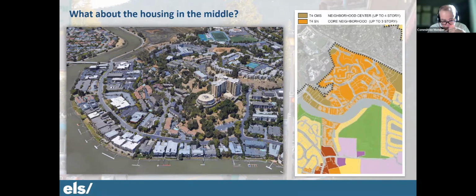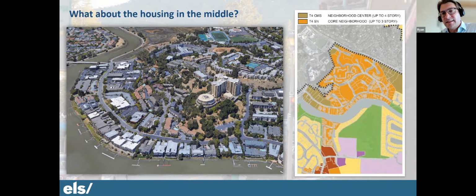I think that's true. And then the next part of it is the T4 CMS, where we have, at the intersection of these arterials, more people, and more people means there's a little more activity. So those areas which are currently commercial, we have zoned as 3-story with the option to go up to 4 stories with the density bonus.